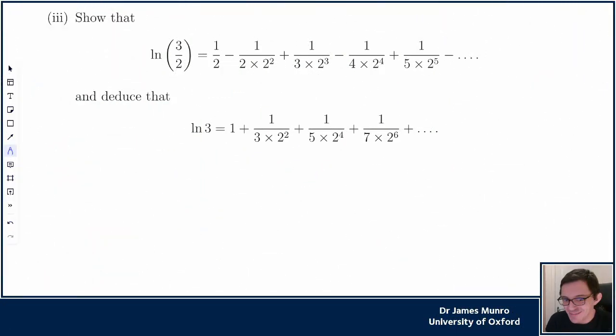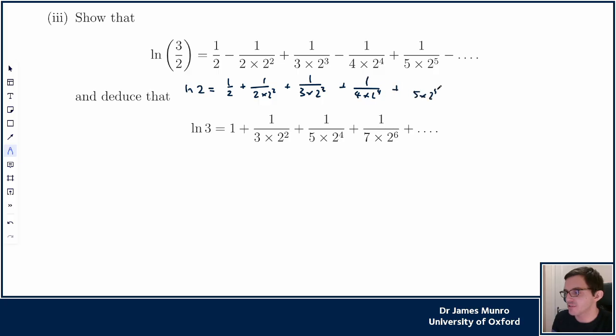Part 3, the next bit, I need to show that log 3 is equal to this slightly different sum. Now I have an expression for log 3 over 2, and earlier on in the question, we showed that log 2 was 1/2 plus 1 over 2 times 2 squared, a very similar expression. 4 times 2 to the 4, I think it went to 1 over 5 times 2 to the 5, plus dot dot dot, so if I add those together, then I get 1/2 plus 1/2 is equal to 1,